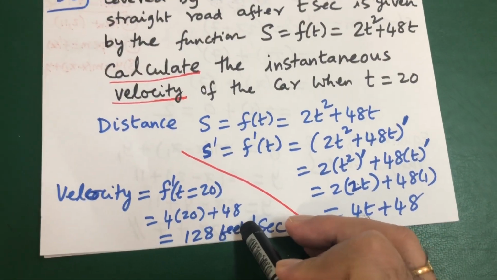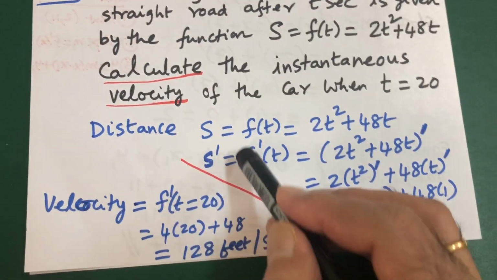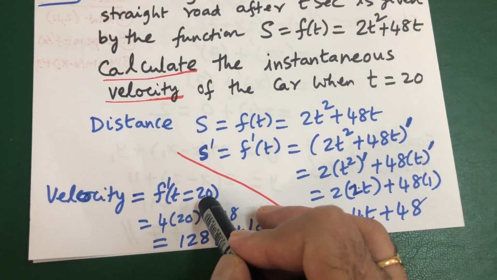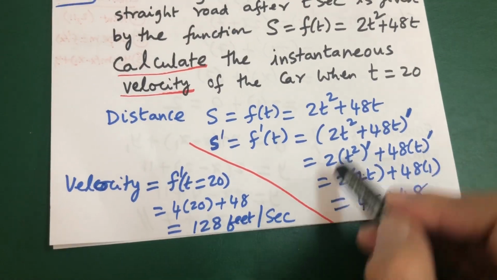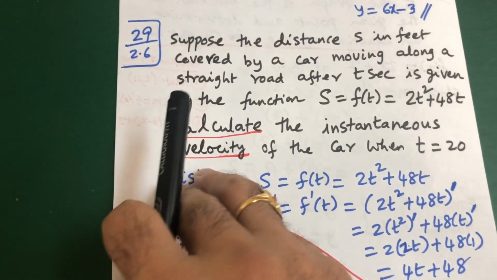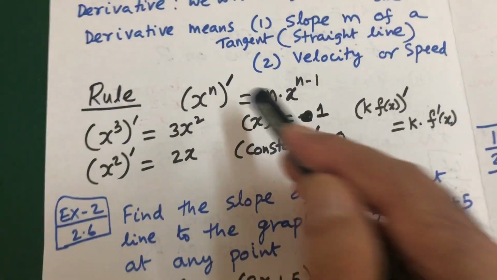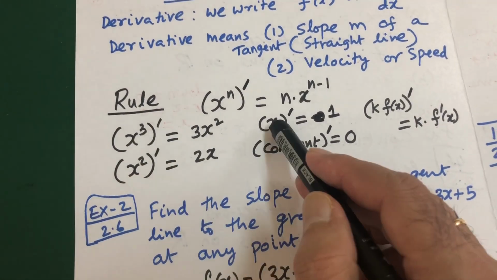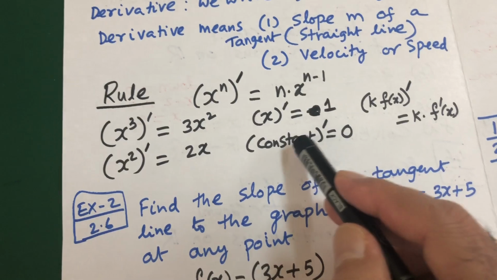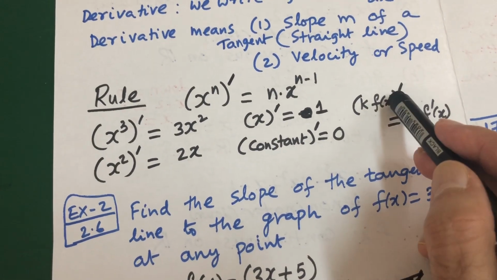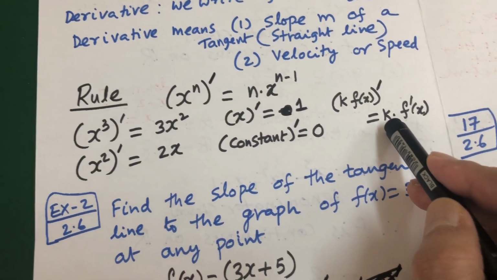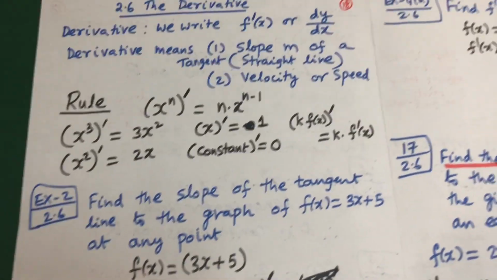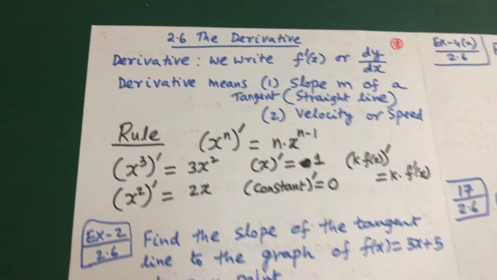This is the speed. So I repeat, what do you mean by velocity? It is the derivative, and you put in the point, the seconds, then what you get is the velocity. Finding the derivative is easy. Please do not forget these things, very easy. Remember x cube, x square, x derivatives permanently. The derivative of a constant is 0; if a constant and a function are there, the constant will not participate in the derivative, only the function will. This is the end of module 2.